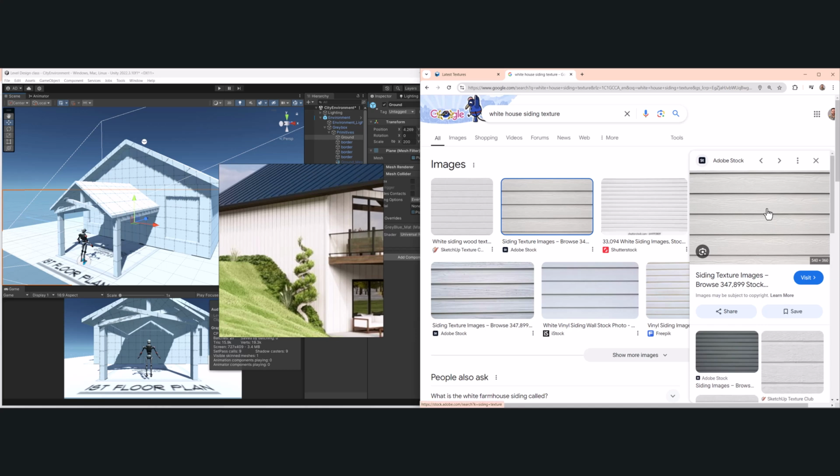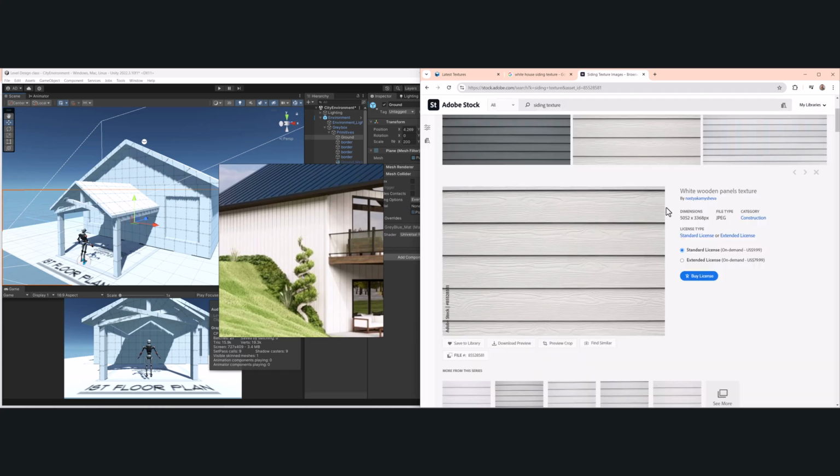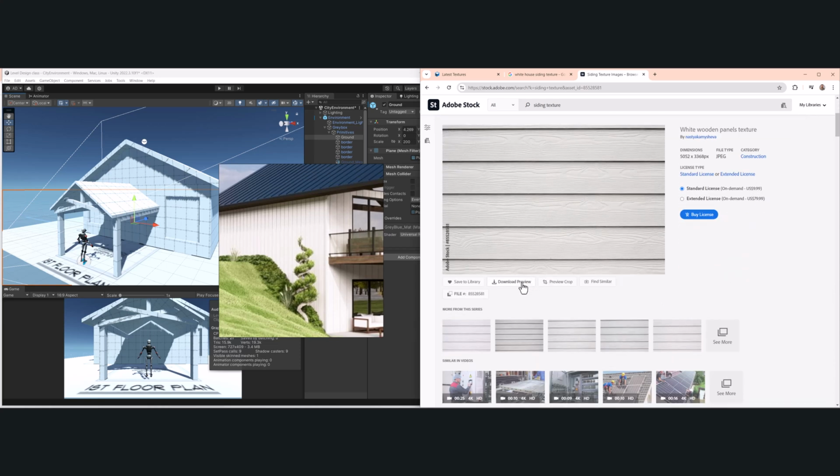So if I click on this, I can actually say, you know what? I kind of like this. It might be a little repetitive if these two sides don't match up or are not tiled. That means it's seamless, so as the texture moves this way, let's click on this and see if they'll let us download this for free. So it says it's got some watermarks in here. So this is a way of doing it, but I'm going to click on download preview